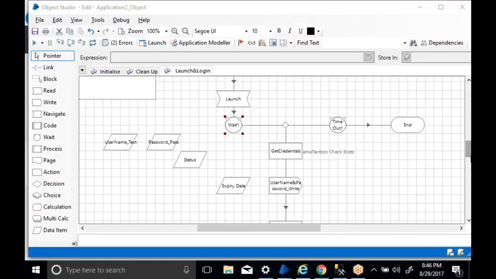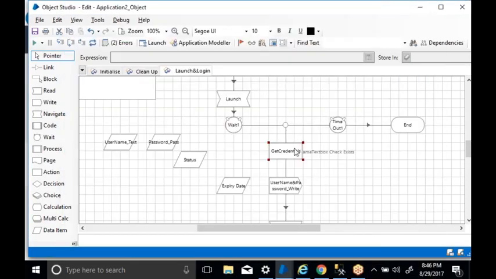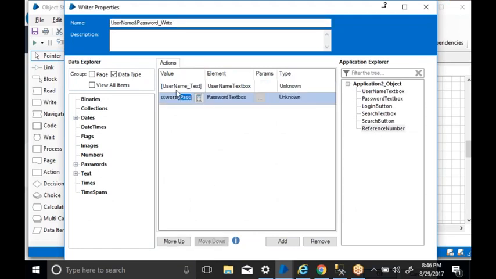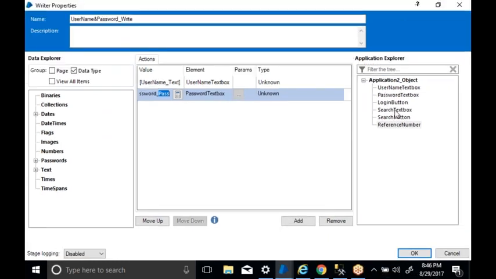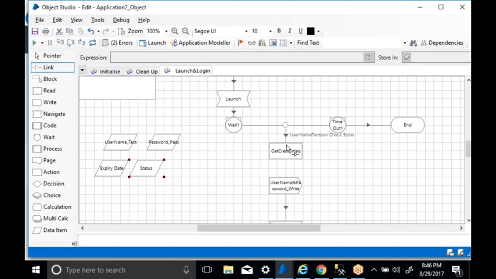Okay, I have got the credentials from the credential manager, which I am going to use after launch, and the same username and password data items. I'm going to use the write stage to write the username and the password on the particular text boxes. Now click OK, and the expiry date and status we have, and link this after the condition becomes true,